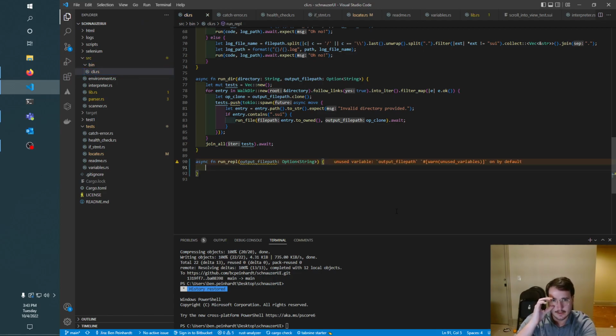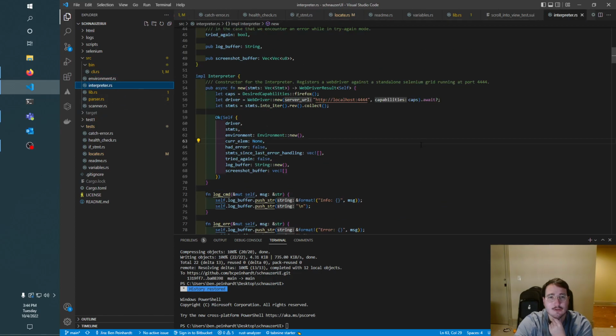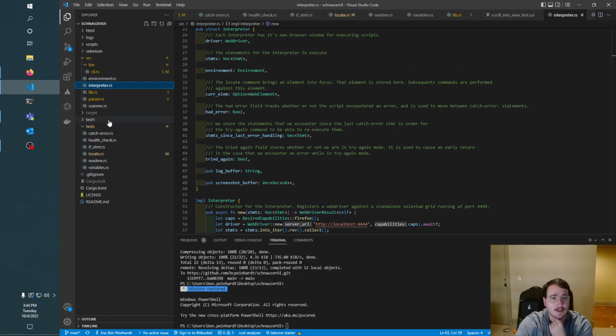What I think I'd like it to do is, rather than doing all this directory nonsense, actually create, basically, we may not even use the run method, right? Because we want to execute a single statement at a time. So we don't want to be closing a browser, opening it up, closing it again, right? So I think I actually want it to use interpreter. So basically what the run method does, so if we go to lib,